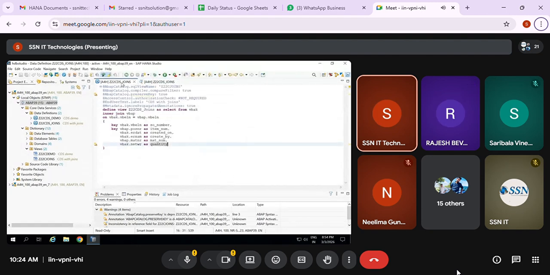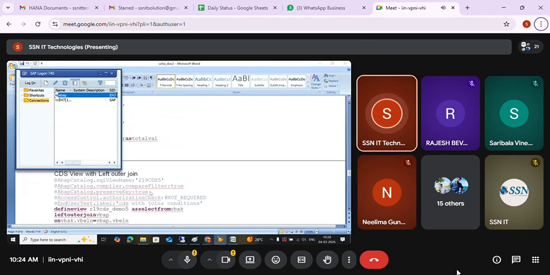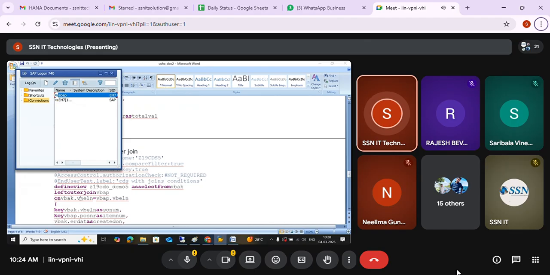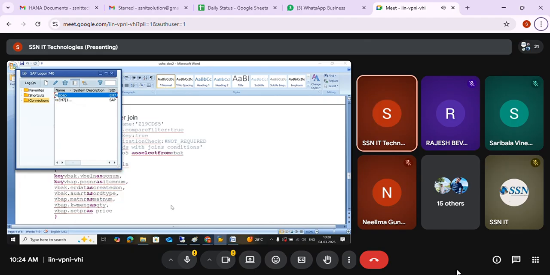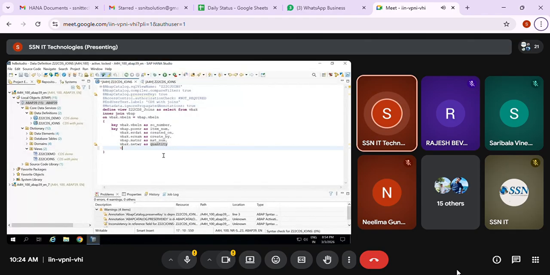Yeah, ma'am. Okay, fine. So this is about inner join. Then what about left outer join? It means instead of using inner join, we are going to give left outer join. Only that, no other change. So VBAP NETPR also they took as price. We'll add that also. What is that field name? I don't remember.